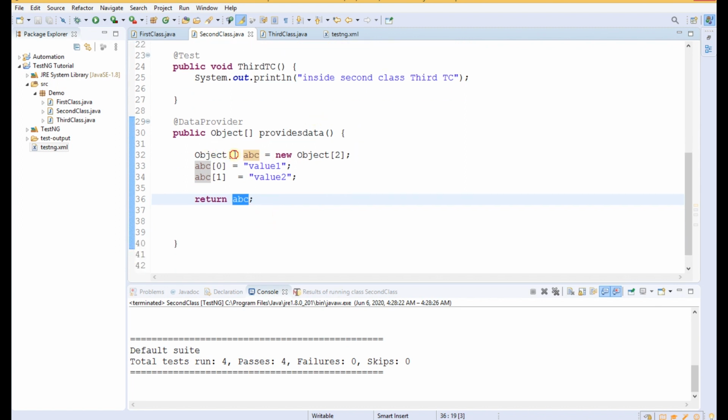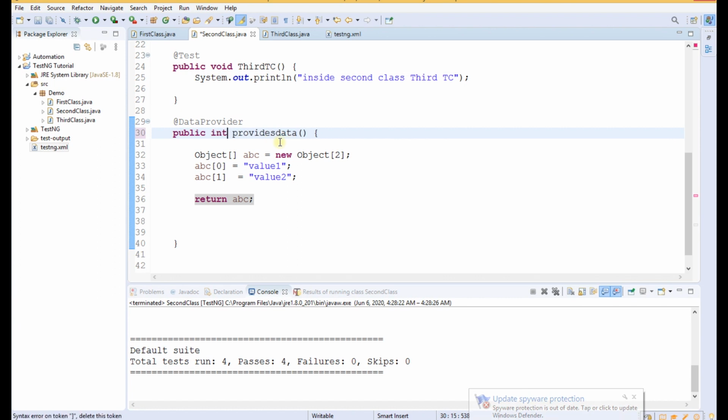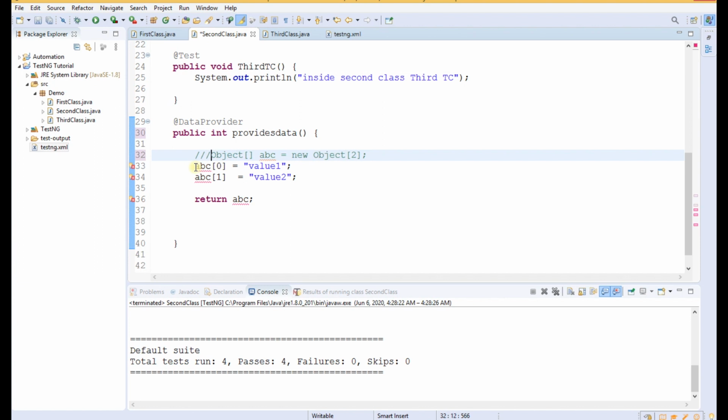So we can specify a multi-dimensional array as well as a single dimensional array. But if we use any return type other than these, then it will throw an error. Let me show you what the error will be. Let us change the return type to int and comment out the old code.